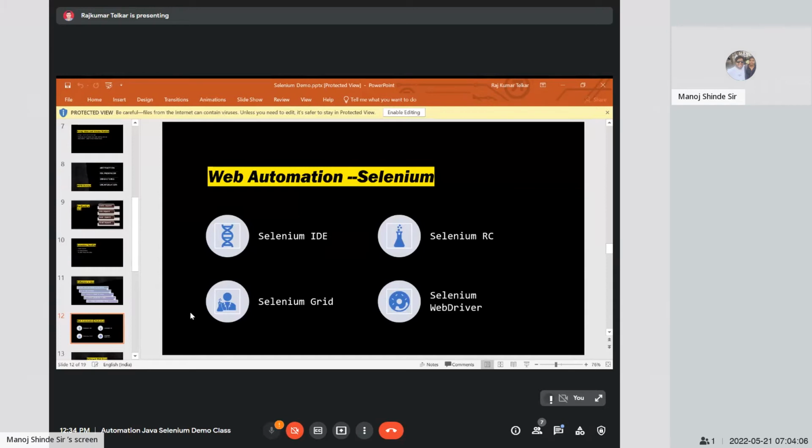Suppose I have a Windows 10 machine, you have a Mac, and another person has a Linux machine. My requirement is that I write my script on my own system, but I want to run it on a different system. You can do that through Selenium Grid. But nowadays many CI tools are available, so it is used less. But if you have a requirement to integrate this